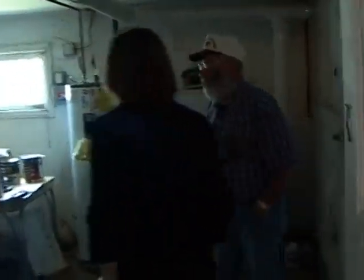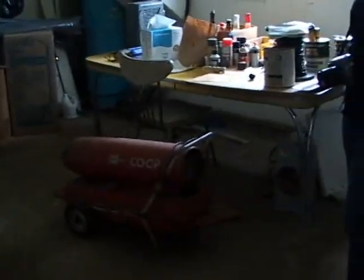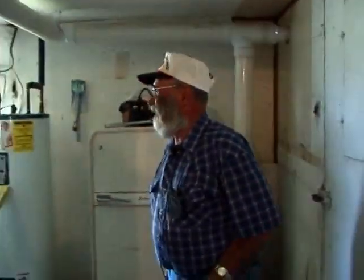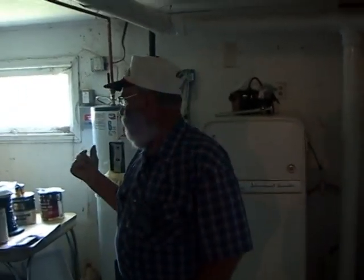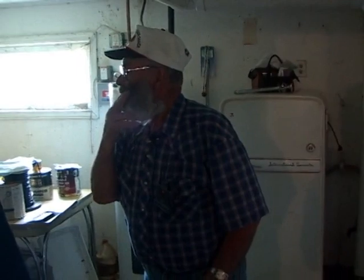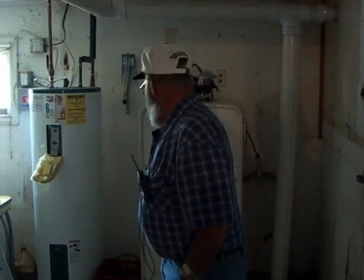So there's what they're using it for, cleaning their birds here now. We had bulk tanks in here, and there's their water. I think that's a common thing with a lot of duck hunters. I think so too. We do have the water system over here for the house. So we have to heat this. I heat it with that heater. It's insulated, so it's not hard to heat. We have a refrigerator in here, so